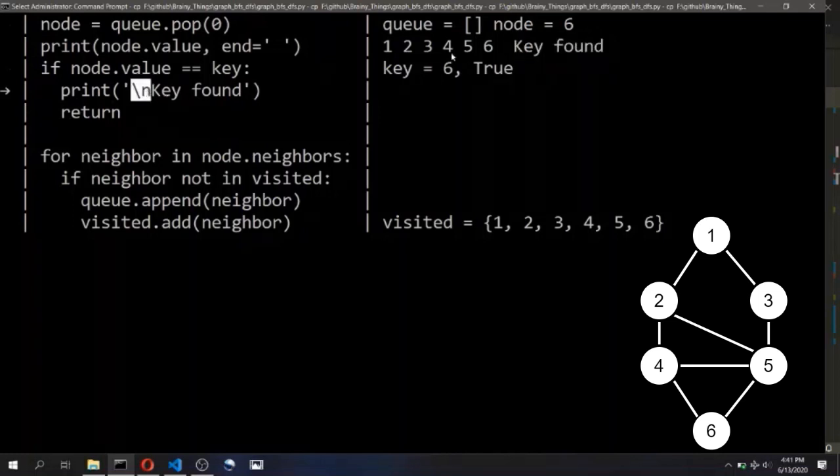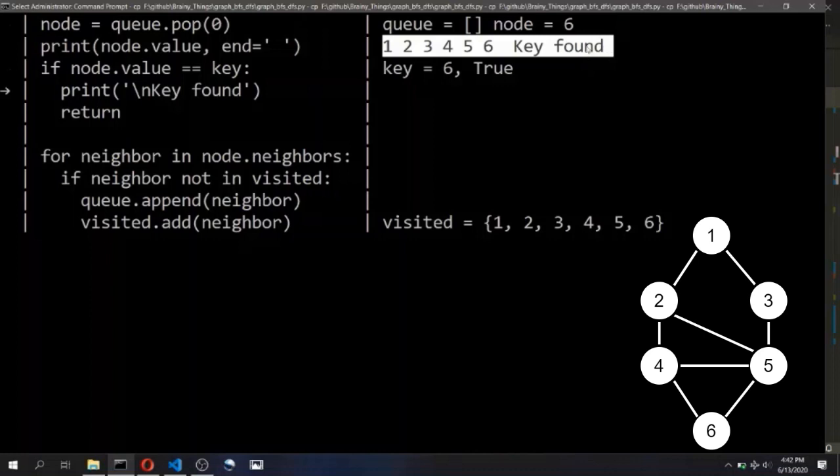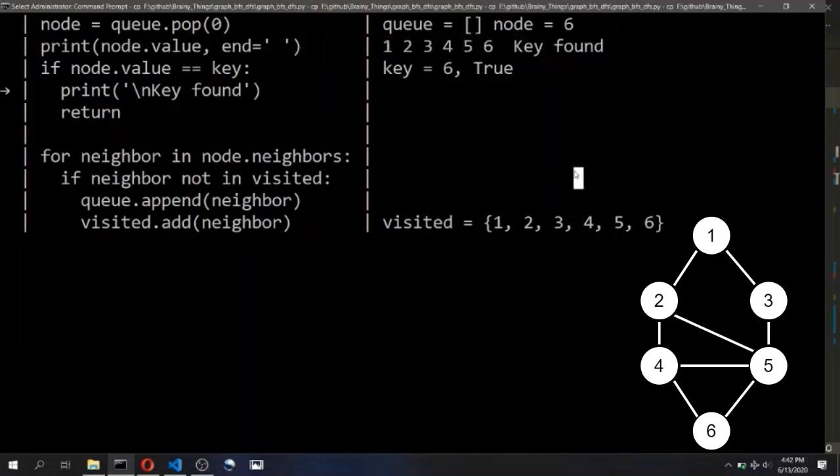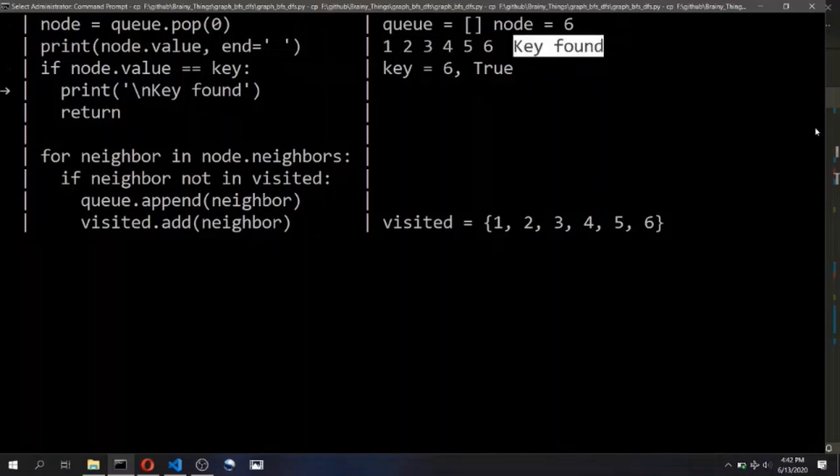It is printed with the newline character, but due to the restriction over here, it is demonstrated as if it is printed on the same line, and the next line will return outside the function. So in this way, the order 1 2 3 4 5 6 gets printed and a key found message gets printed.